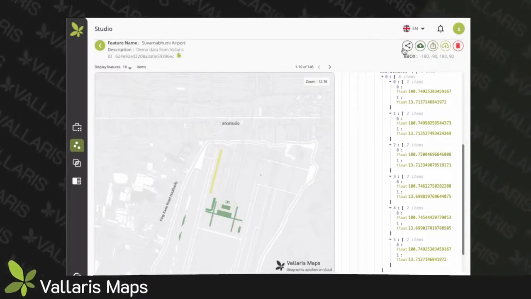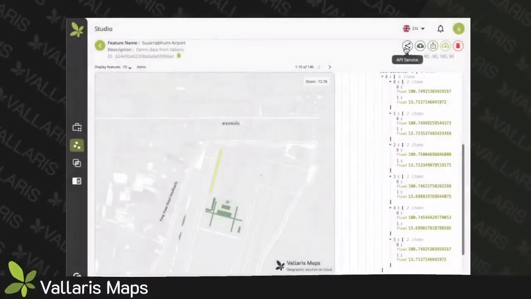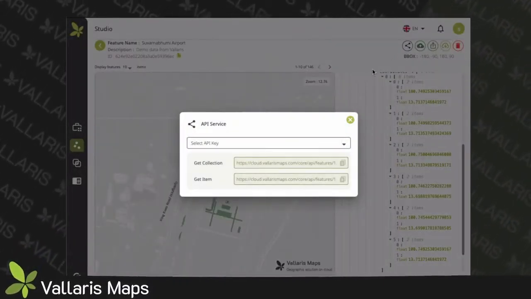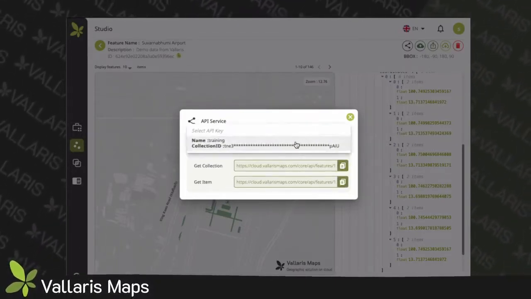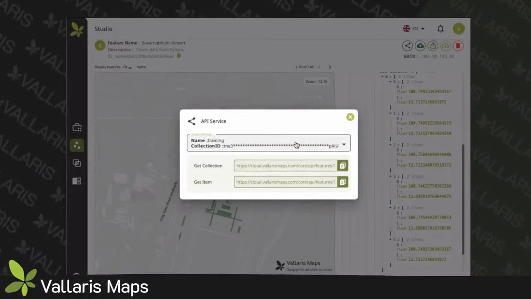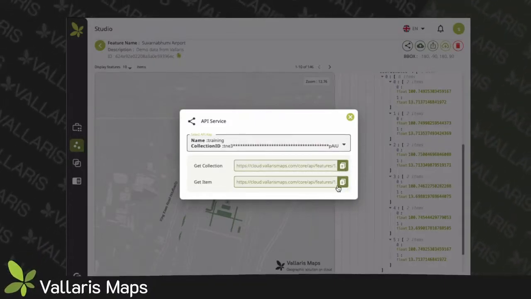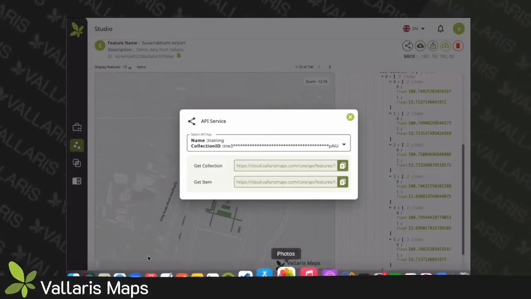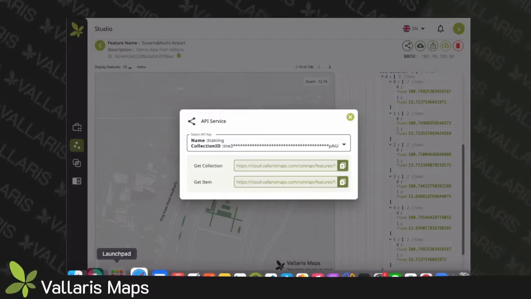Okay, we're going to share it. I will share this polygon to you. See, after we share data, the application will ask you for authentication, authorization to access. You have to pick your API key first. Then you can copy the get items. Okay. My team copies that URL on the get items. Okay, he will open the get items